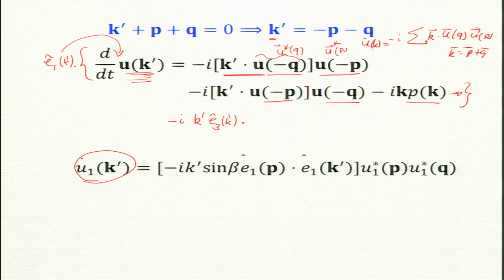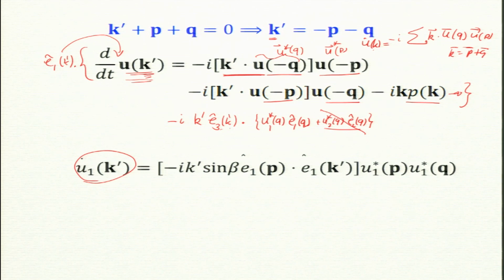Now, what is u star of q? It has two components, u1 star of q E1 of q plus u2 star of q E2 of q, correct? But this dot product is 0, so this is gone. You are left with E3 k prime dot E1 q, and there is an amplitude coming, u1 star of q. Now, I can see that from the table, E3 k prime dot E1 q, that is why I gave the table.